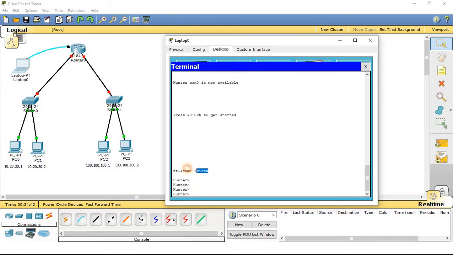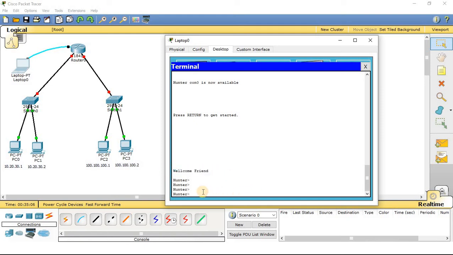Okay, you can see after I moved out from the router, this message was shown to me: welcome friend. So this was the user defined message. Anybody who moves out from the router terminal, or moves into the router terminal, will be shown this particular message.